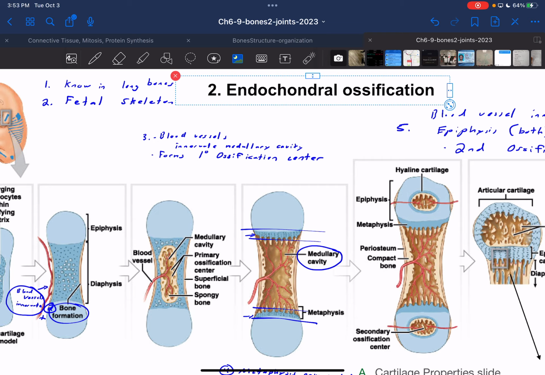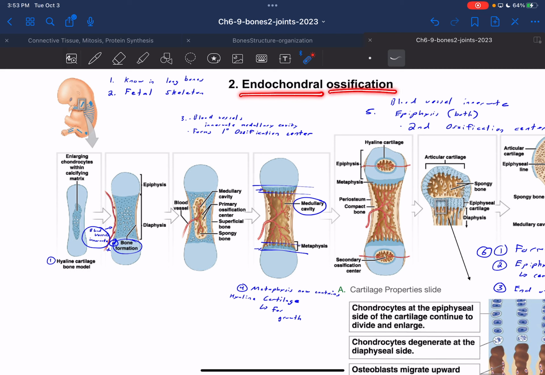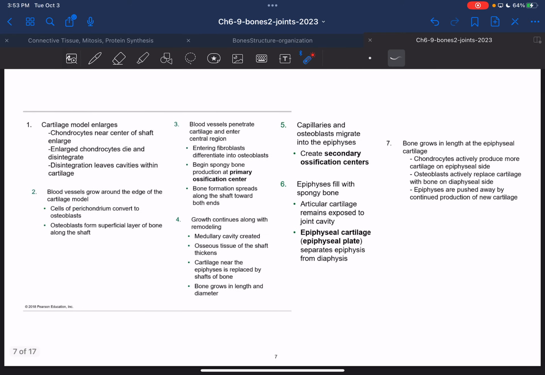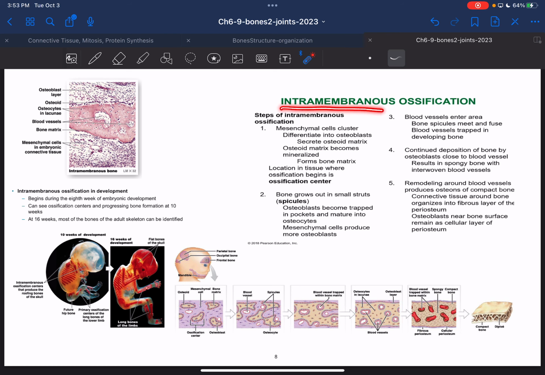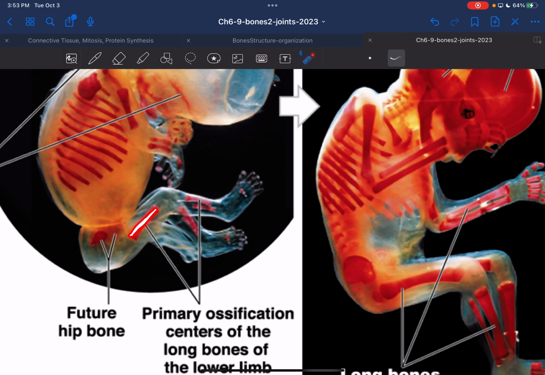Here, that's the topic. This is the growth called endochondral ossification. It uses cartilage for bone building. That's going to be your giveaway for which one uses cartilage in the beginning as you're learning this. And then these are the steps for it. This is going to be referred to as intramembranous ossification. And so back to what I was saying, these are the long bones and they are building through